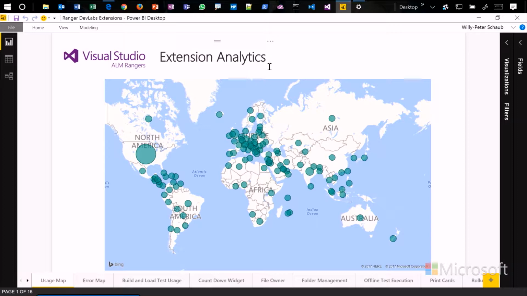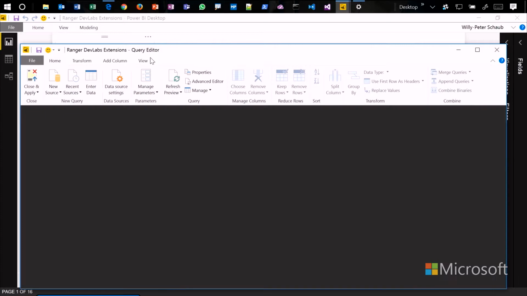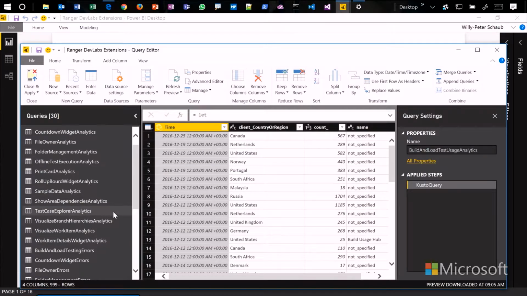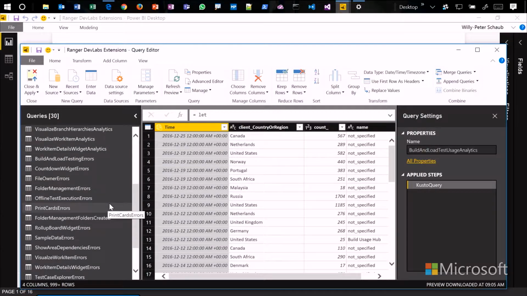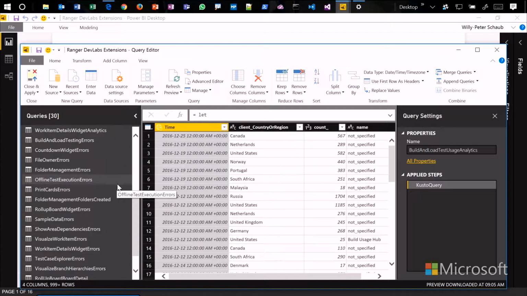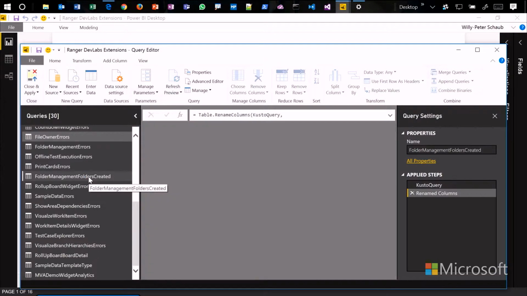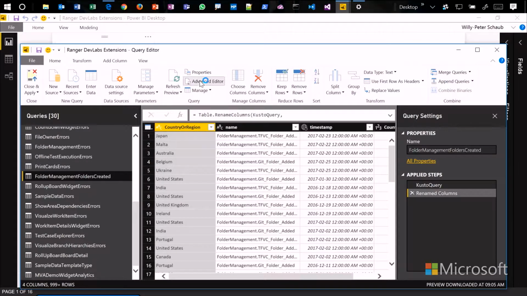Okay, and this is now Power BI. Before we actually look at what all of this means, I'm only going to go to Home and then Edit Queries. This is Power BI Desktop. And obviously this is already the dashboard, but I just want to show you where all this data came from. We looked at folder management, custom events, folders created. There we go. And if I go to Advanced Editor,